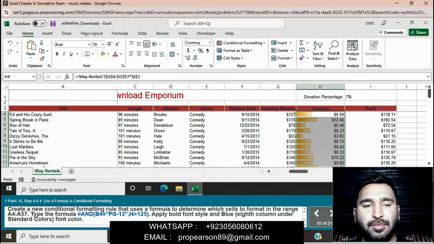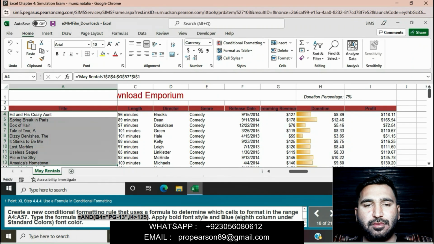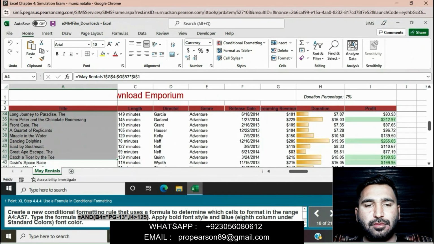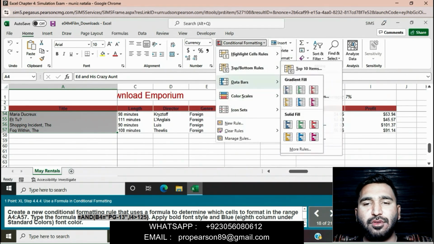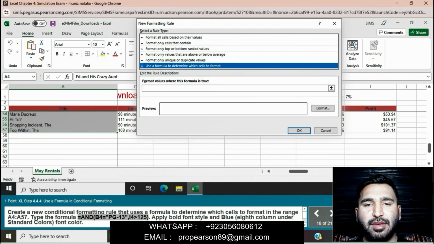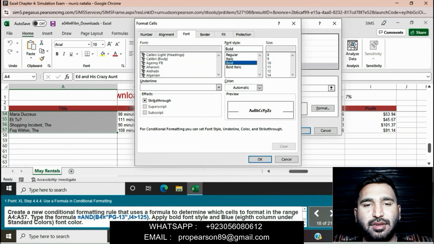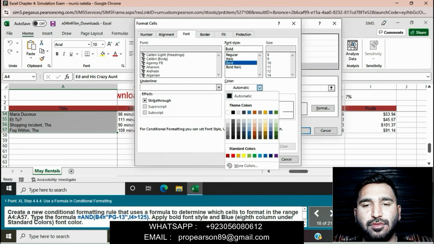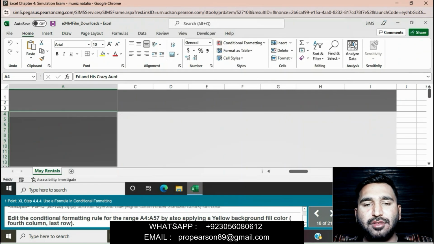First we will select this range A4 to A57. Go to Conditional Formatting, then New Rule, use a formula to determine which cells to format, and enter this formula here, then bold and font color blue. Click on blue, then press OK, then again press OK. This question is done now.